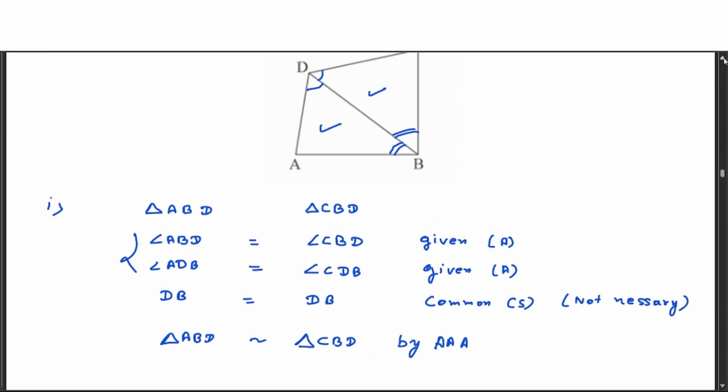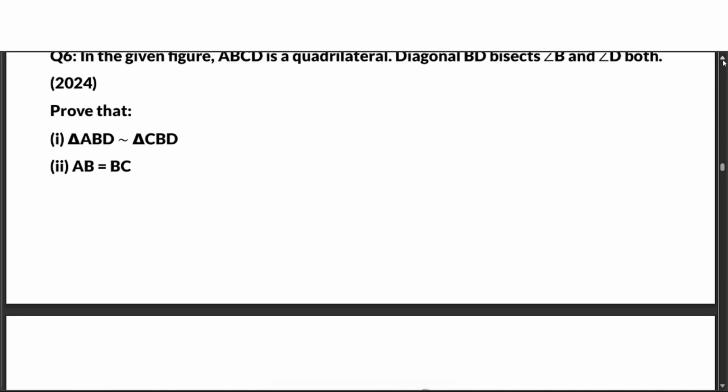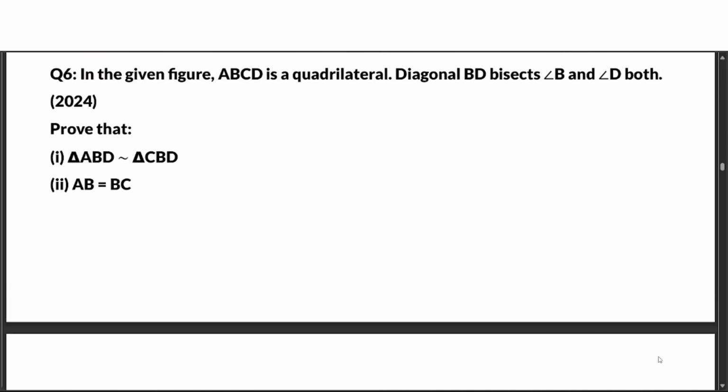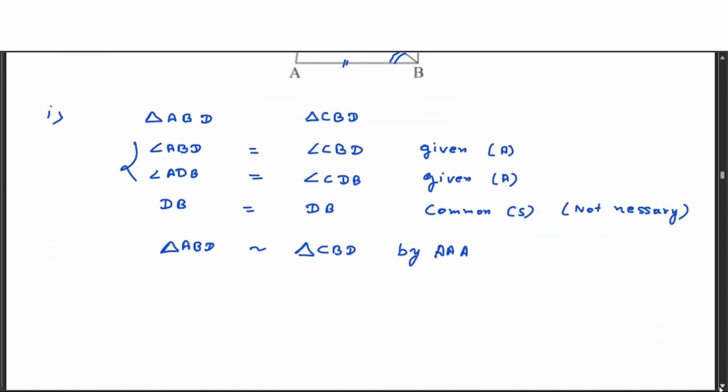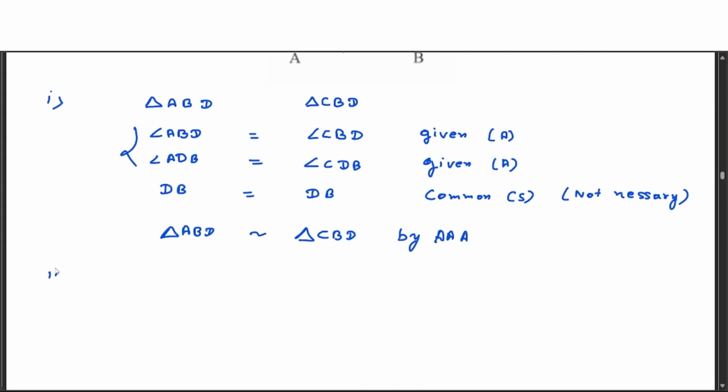Now it is the second part. It is saying you have to prove that AB is equal to BC. Basically AB is equal to BC. You have to prove that. So let's come to the second part. Since triangle ABD is similar to triangle CBD,